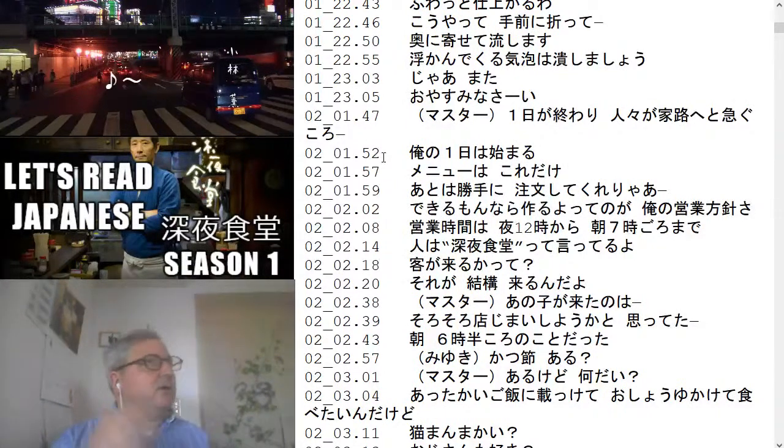All right, so I'm reading along to the audio. Immediate benefit there, I get to hear how natives pronounce the text that I'm reading. Other benefit, if you ever read along with audio, the retention and comprehension of material is much higher, even in your native language. Cool. So as I read along, if I come across a phrase I may not quite grasp